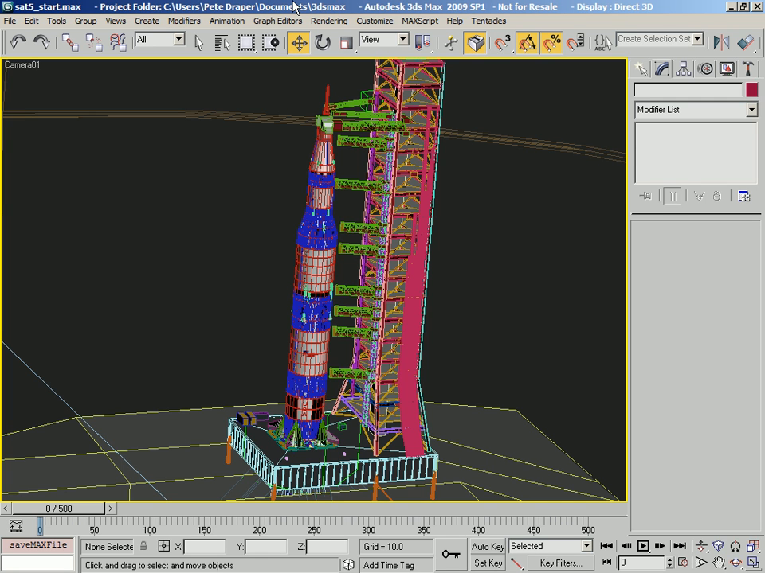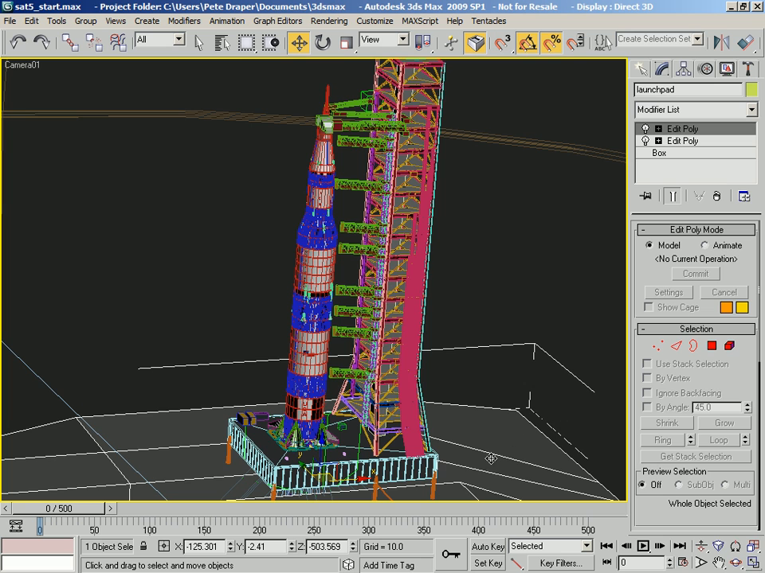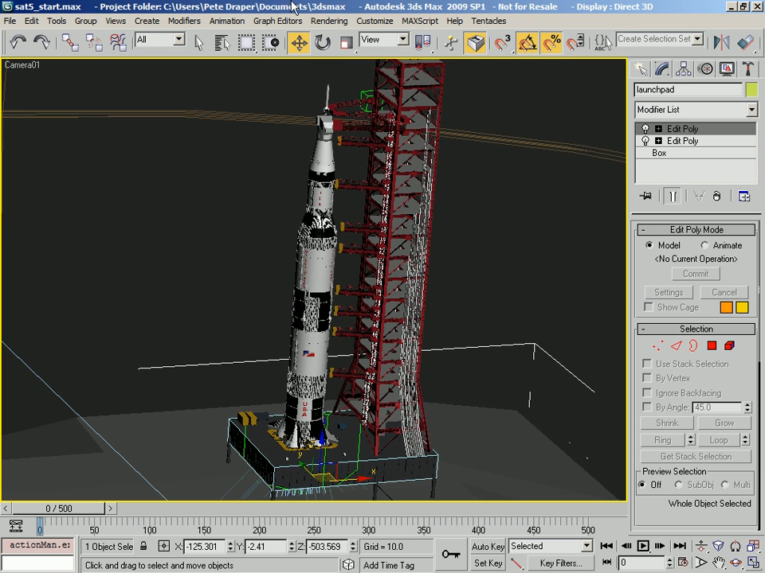Okay, in this tutorial we're going to create a lift-off plume as this rocket takes off, which is basically going to be coming out through these channels in the base launchpad geometry that we've got in here. So if we just quickly scrub through the sequence, I'm just going to turn off wireframe here, just scrub through,